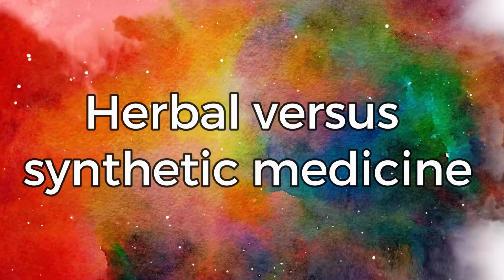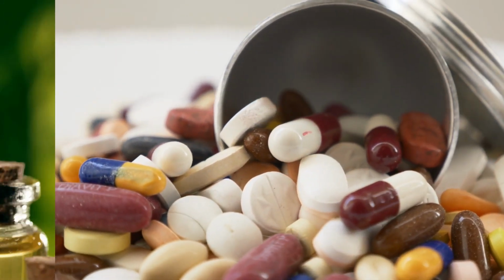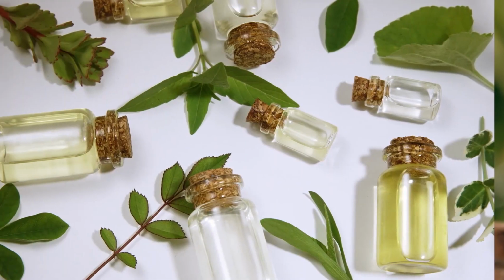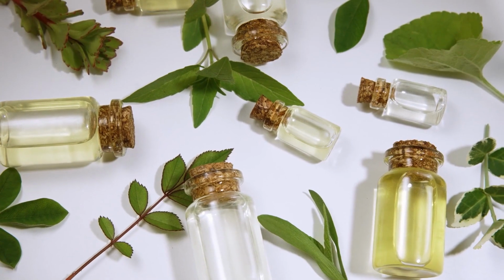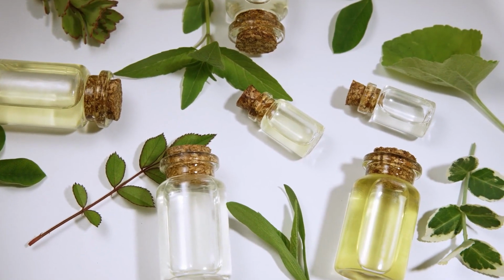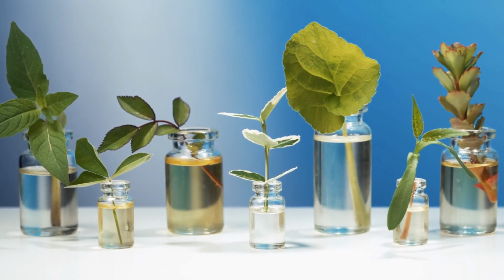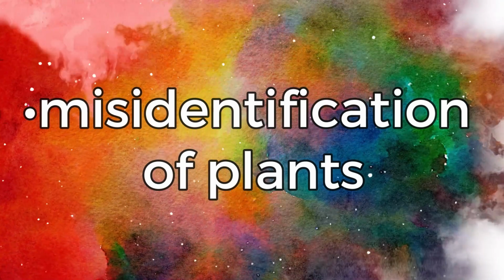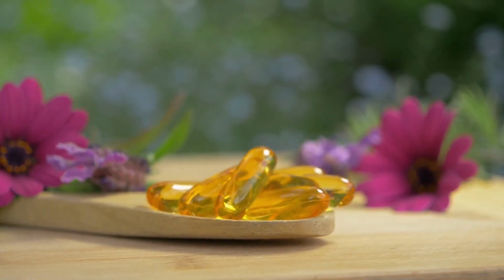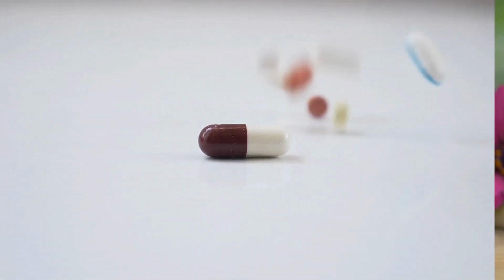Herbal versus synthetic medicine. Pharmaceutical drugs are specific in their actions and targeting of pathologies, whereas herbals can have a broad range of effects on the physiological system. There are some drug-like plant remedies whose actions approach those of pharmaceuticals. In general, though, herbal medicines are aimed at healing and tend to be much gentler in effect. Having said that, things can and do go wrong, usually due to the following: misidentification of plants, incorrect preparation, incorrect administration. So usually these latter two scenarios occur in the hands of inadequately trained naturopathic practitioners,